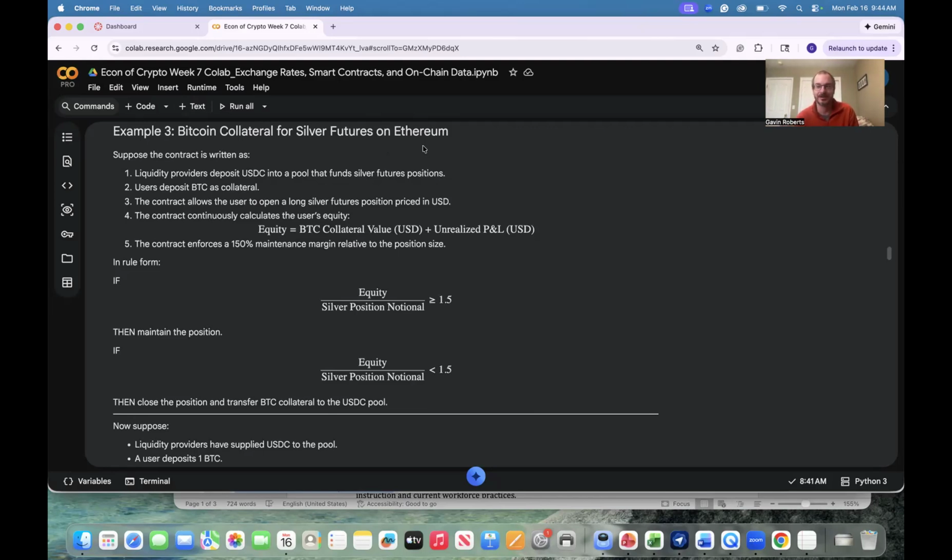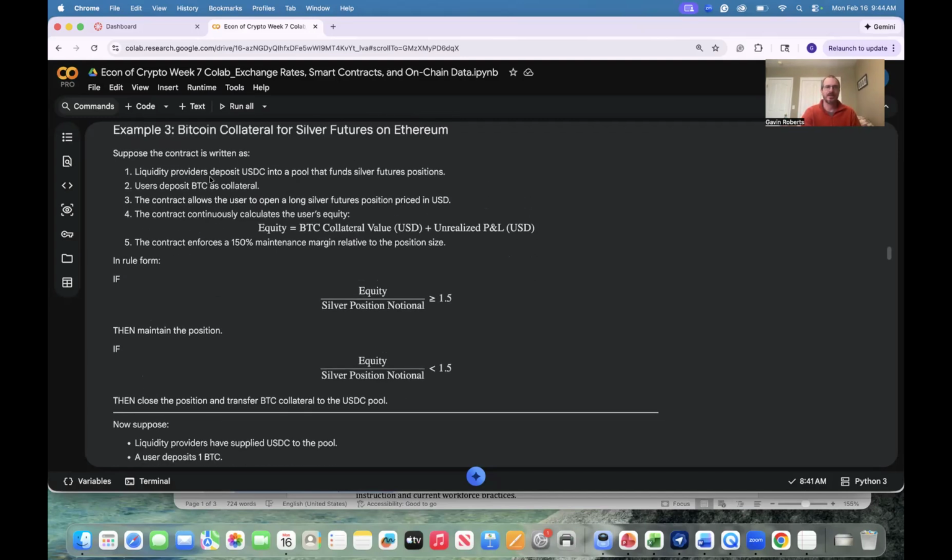So this is how things can start to get complicated with contracts. So maybe we have wrapped tokens that represent Bitcoin value. I prove that I own those wrapped tokens with my address. I put those to the side and say, here's my collateral. And then creditors that are also willing to put money on the blockchain to earn fees say, okay, we'll have a smart contract where you borrow this money. You're allowed to bet on silver futures with this money. If silver futures decline, we're going to come in and take your Bitcoin, liquidate it to try to pay ourselves back. So that's broadly speaking what's going to be happening here.